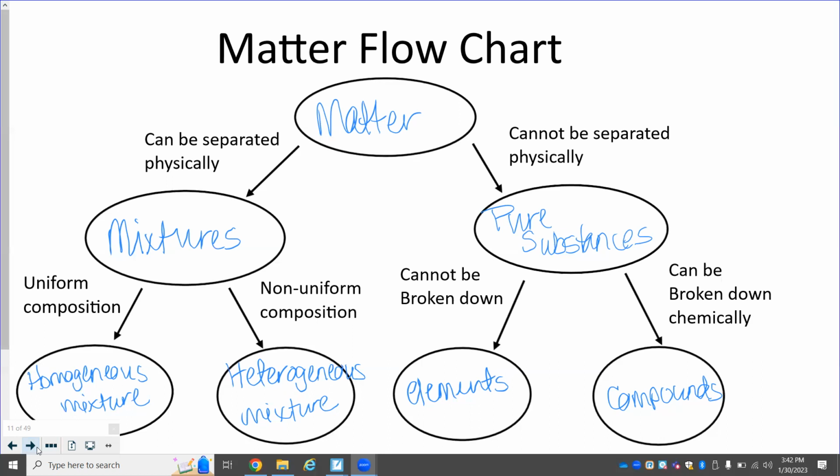Once you have those two groups established, you'll notice that there are the correct number of lines for how many of the cards are mixtures and how many of the cards are pure substances. It will then have you take those two groups and split them up further into elements and compounds, or is it a mixture of elements, a mixture of compounds, or a mixture of an element and a compound combined? So refer back to the notes as needed for some of the definitions and talk about it with your group